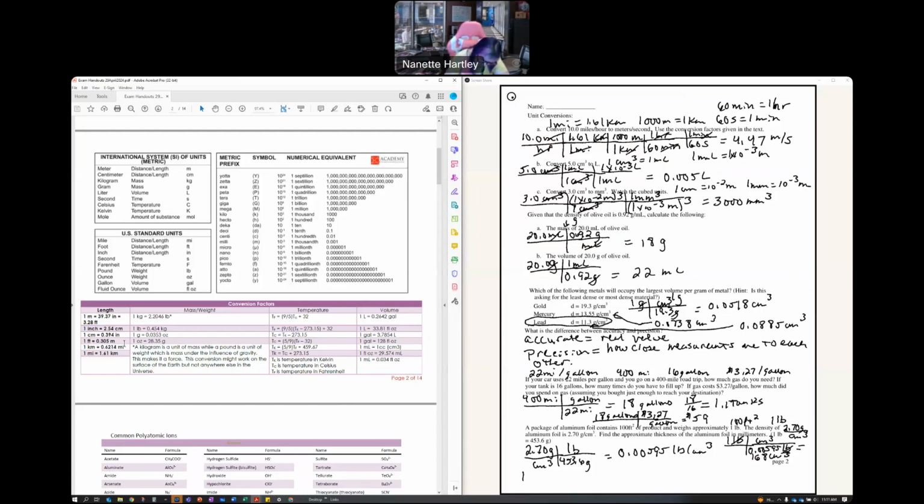So if I take my 100 foot cubed and I take my 1 foot, it's 0.305 meters, and I cube this and I cube that, then 100 times 0.305 cubed tells me that I have 2.8372625